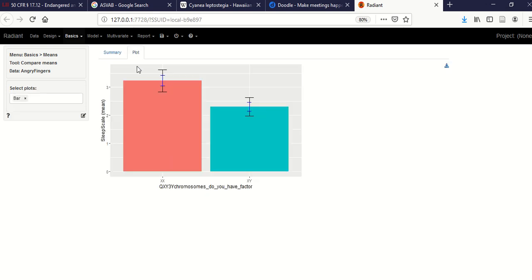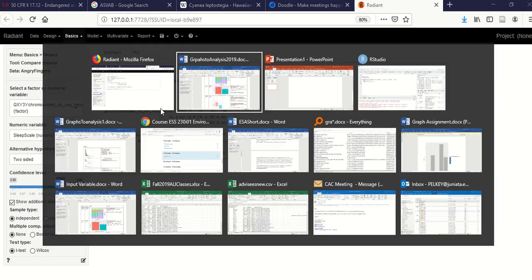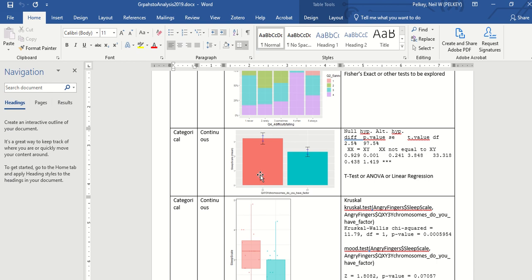So we get a plot, which is an error bar chart, and we get a t-test with that. The fact that we have two values is what gives us a t-test instead of an analysis of variance. They're very similar. All right, so there we go. Categorical is the x variable or the causal variable, and a continuous variable is the y variable, and that's this